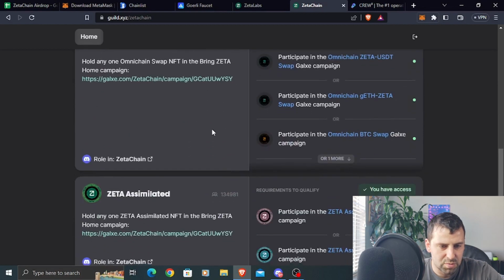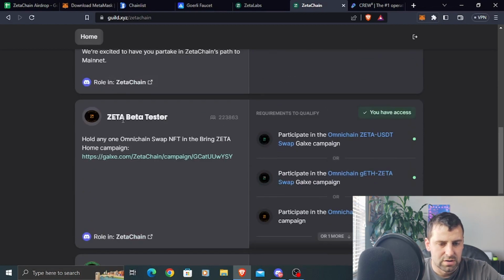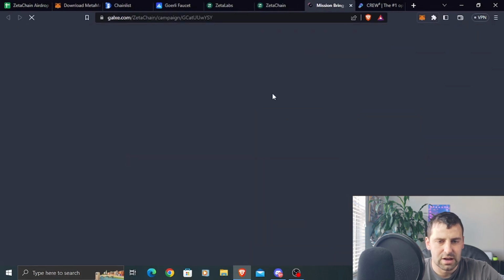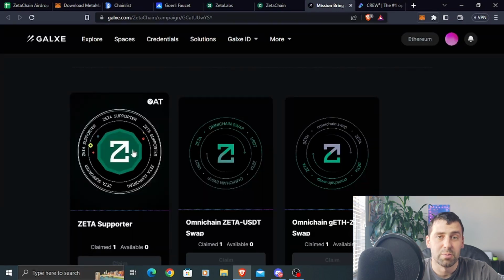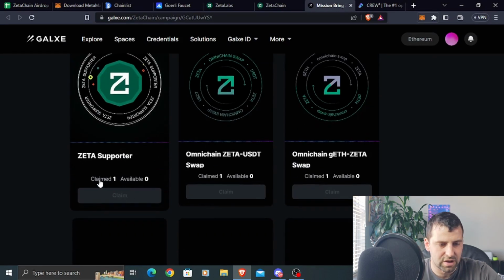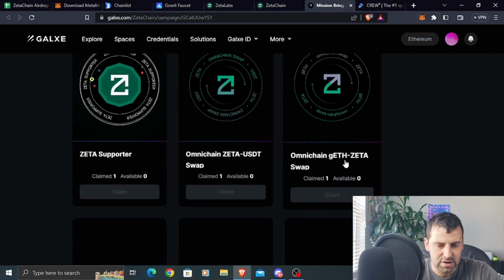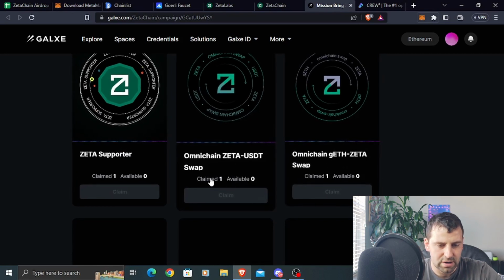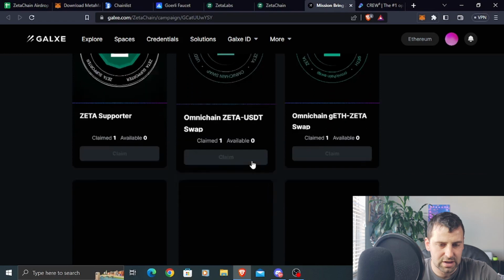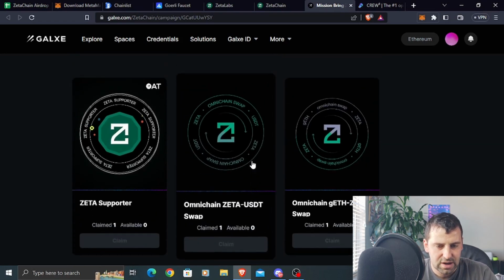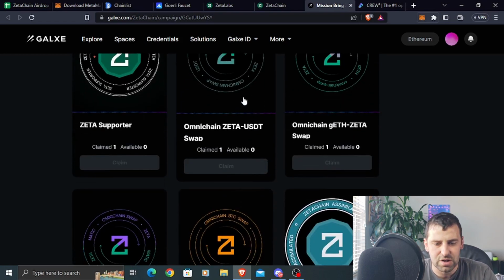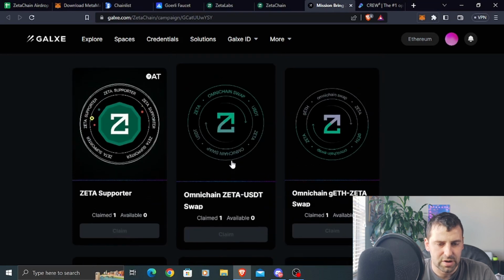So the next thing is going to be beta tester. So for the next task, you're gonna click right here on this Galaxy link. It's gonna again open the galaxy.com /Zetachain. This task you've completed in the previous step, so this is gonna say claimed 1. The next ones are gonna say available 1 and claimed 0 because you haven't done it yet. So what you're gonna do next, basically these ones, you're just gonna be able to claim them because all